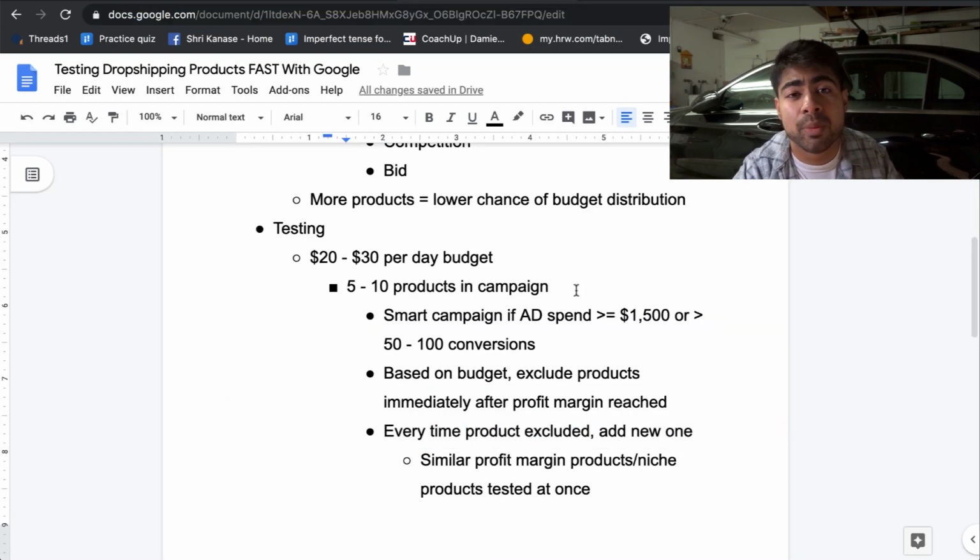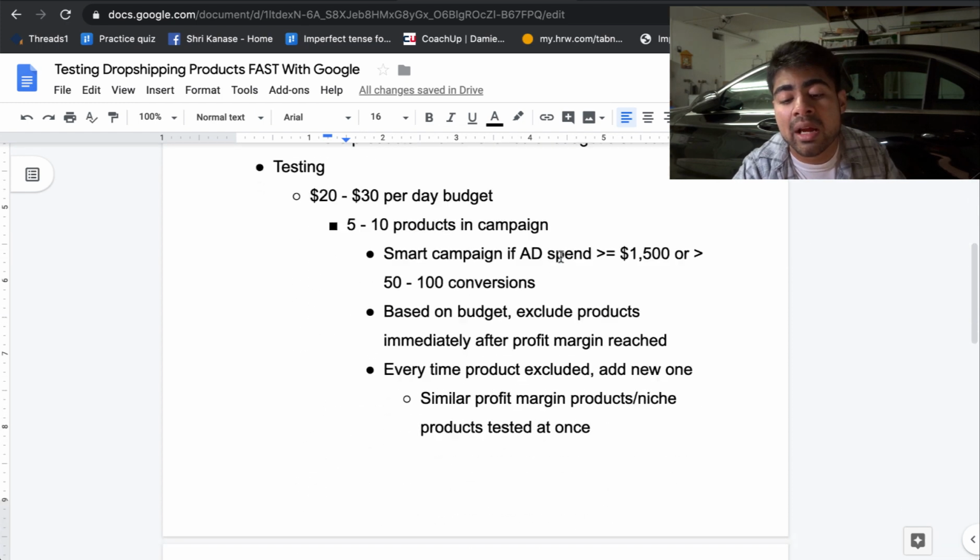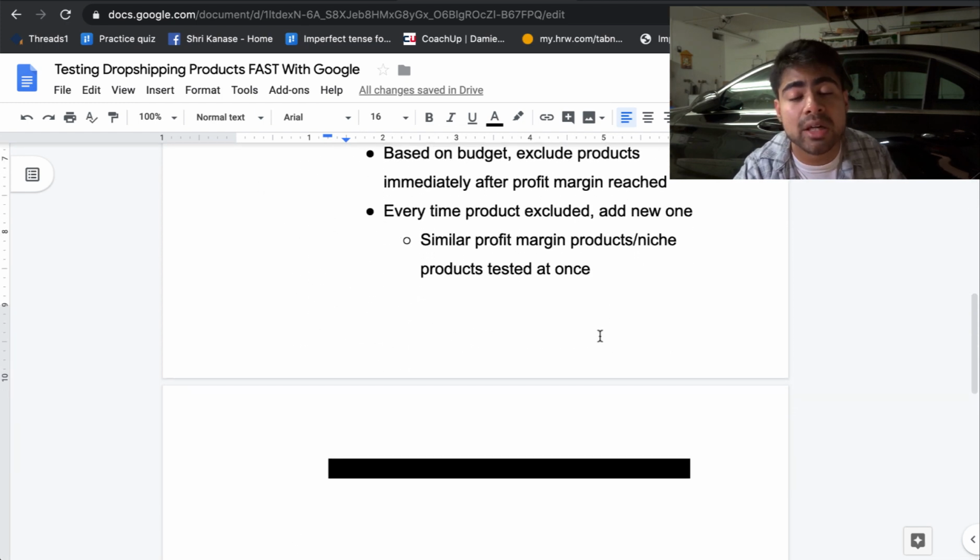You want to isolate the products that you think have potential or have already shown results with a good amount of spend, clicks, or sales, and make sure to have 5 to 10. Again, you don't have to create a smart shopping campaign. You can create a standard shopping campaign and still get the same results that I got here. But basically continue excluding products one after the other after they follow this criteria, which is after they spend through their profit margins, or if you run with a higher budget, after they spend 2 times to 3 times their ad spend, and then once it has overspent,